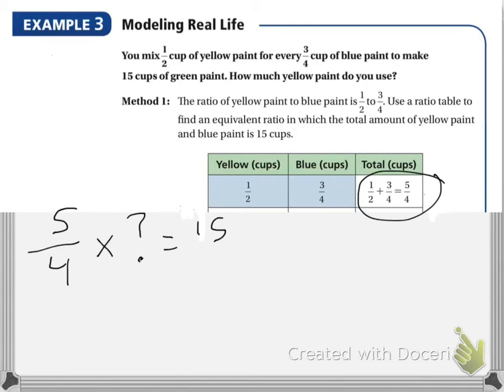So in order for me to figure out what that is, I, of course, am going to use my algebra, and I'm going to undo that multiplication by dividing by 5/4. That cancels out. So I'm dividing by 5/4, which really means, same change, flip, 15 over 1 times